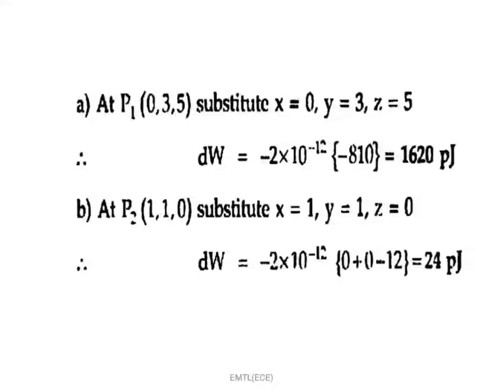So finally minus into minus plus, and this value becomes 1620 picojoules. And at point P2 (1, 1, 0), that means the coordinates are x, y, z values. Now by substituting these values, the work done